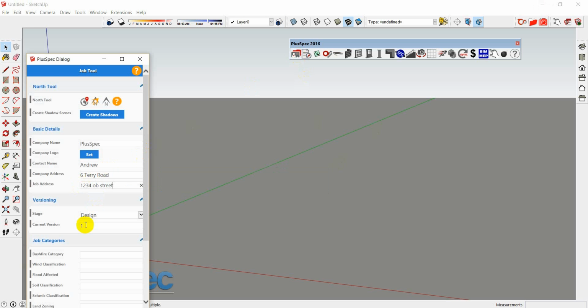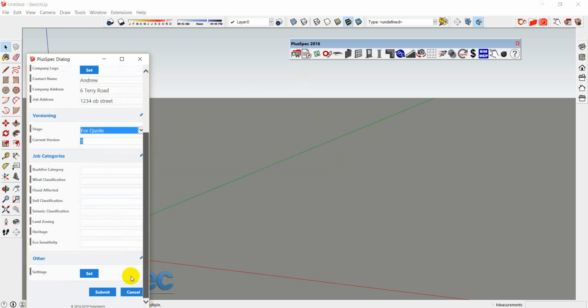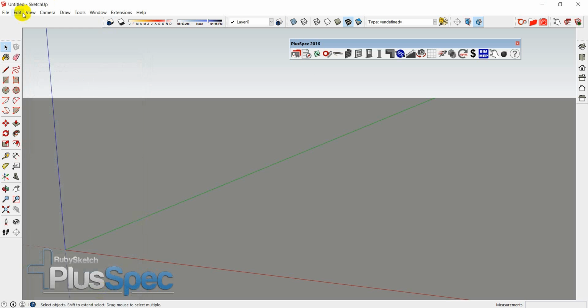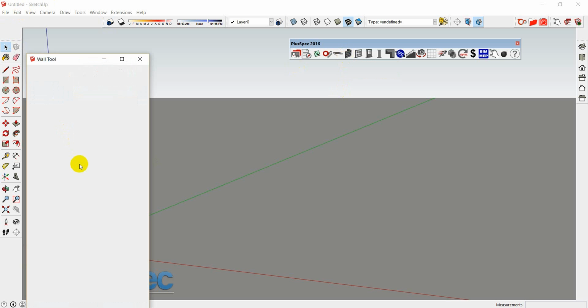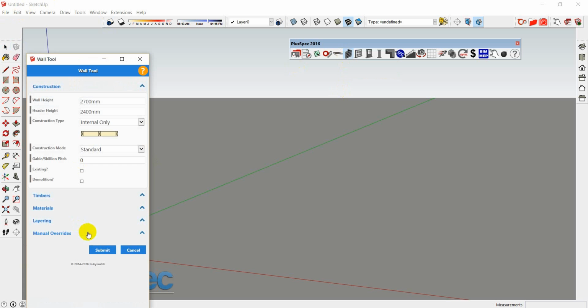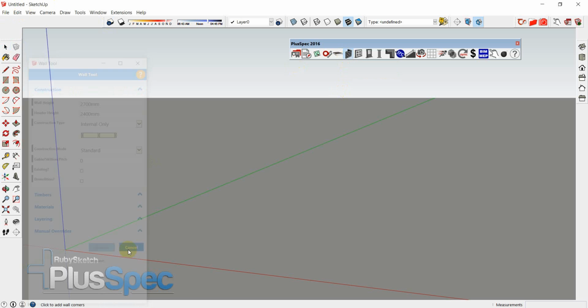Right, fill this in. That way you've only got to fill in current version, doesn't matter. You might want to change the stage. So I might say it's for quote now. And go submit. Don't go file save as template because next time you use it, you might have a different job address. Now, when I go and do a bill of quantities, and I'll just quickly do something that is